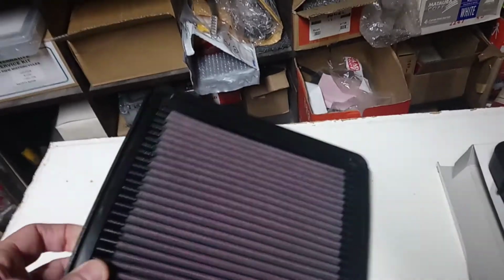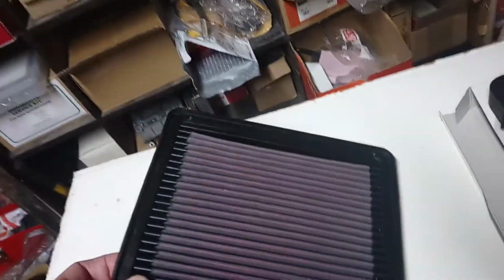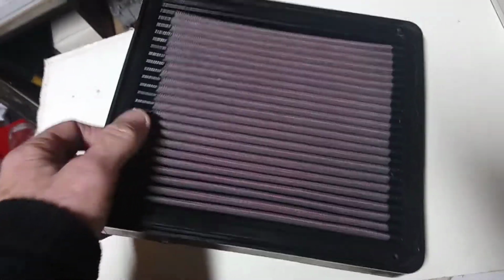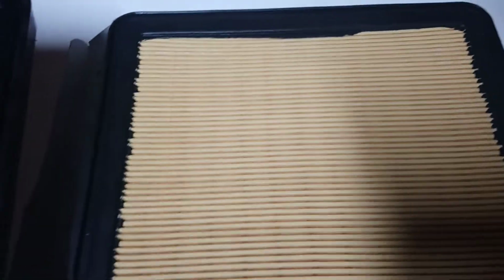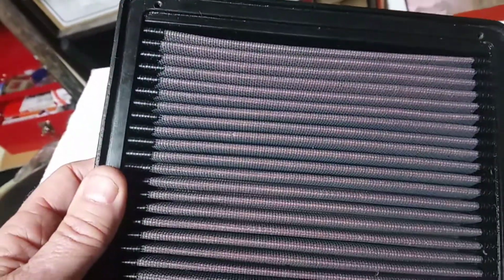I just gave this thing a good shake and a vacuum and cleaned it up as best I could. It's obviously made to last with this wire stuff in it, but possibly there'd be more surface area in this BMW one and the Ryson one compared to this. But anyway, the main grievance I have with this K&N is